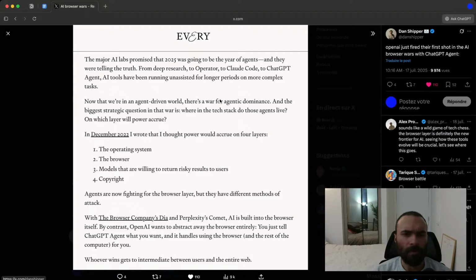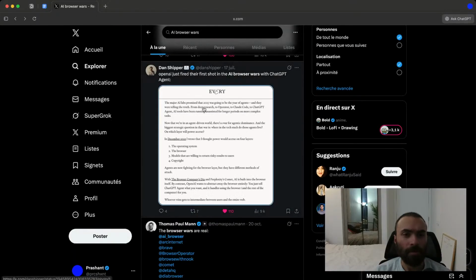They're applying the lessons from Operator and Claude Code to ChatGPT agent. AI tools have been running unassisted for longer periods on more complex tasks. Okay, interesting, it's the same one.